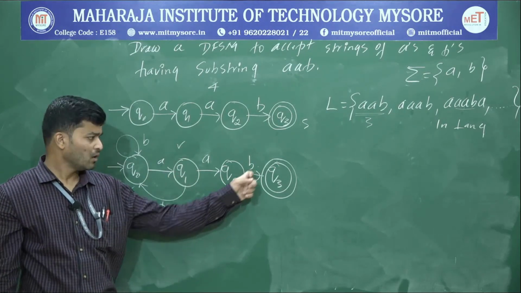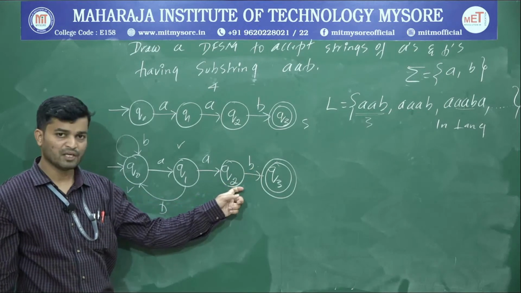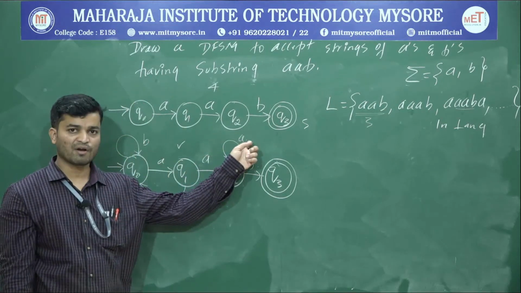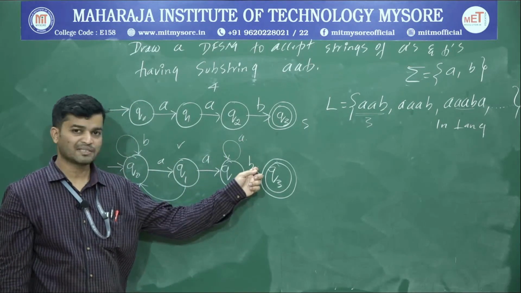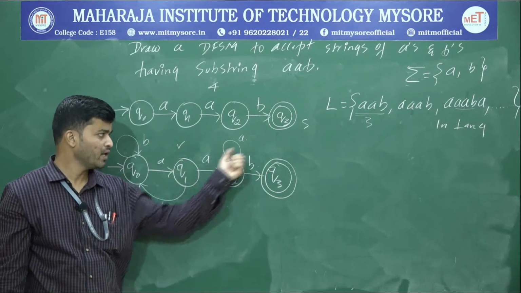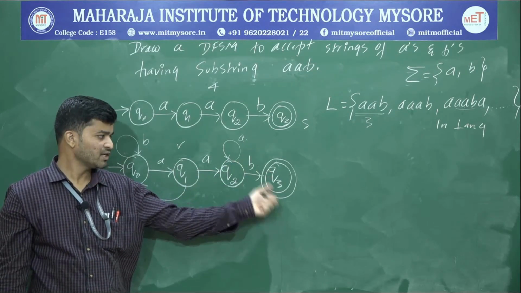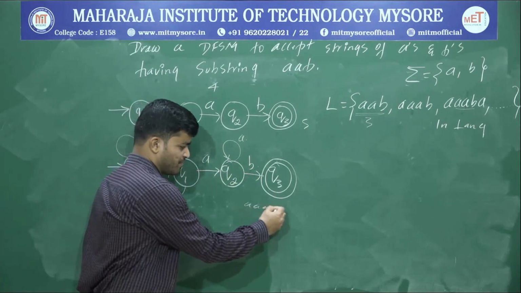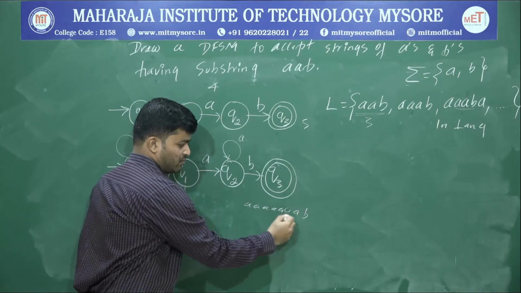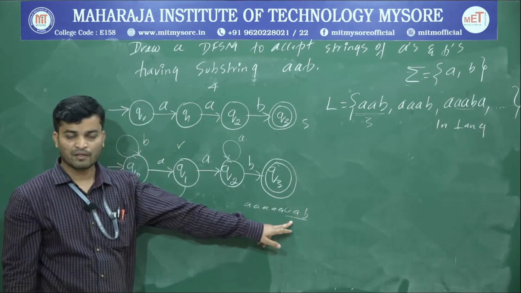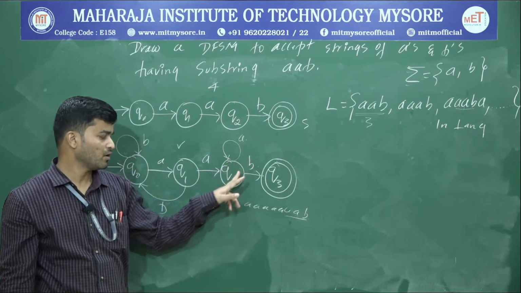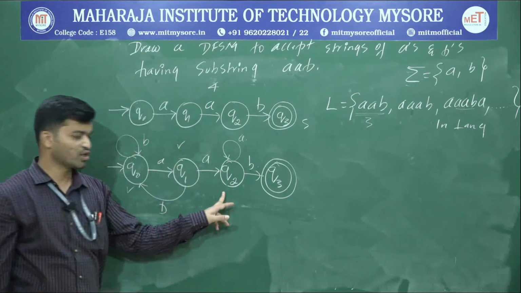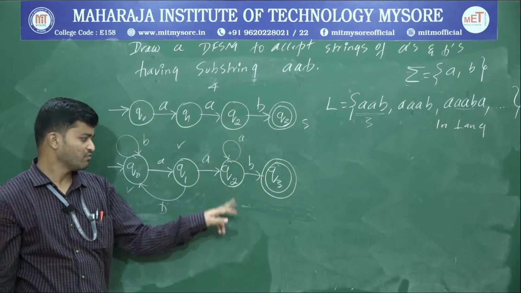Now go with Q2. Already there is a path for B. Now to give a path for A, if I write a loop, what will happen? 1A, 2A, n number of A's. Before going to the accepting state, it will accept 1B. So n number of A's followed by 1B, and we have the substring AAB. Therefore that's a valid option. So a loop upon A for Q2 is a valid option. Write a loop. Now if you observe Q2, there is a path for A and a path for B. Therefore Q2 is also over.